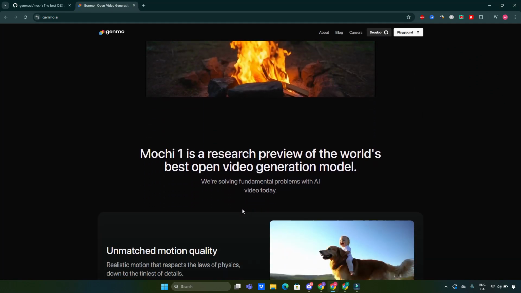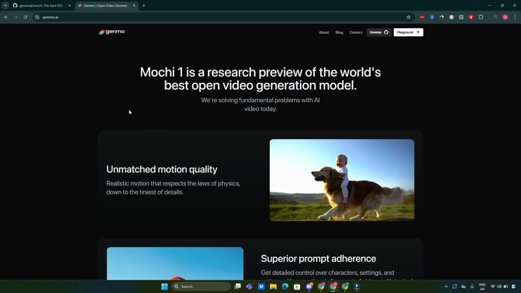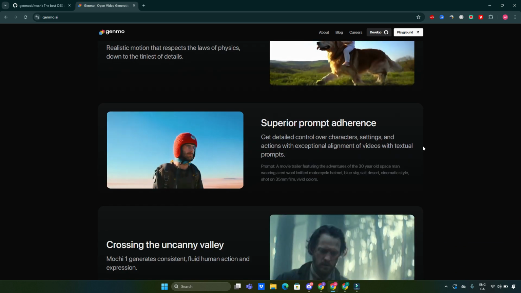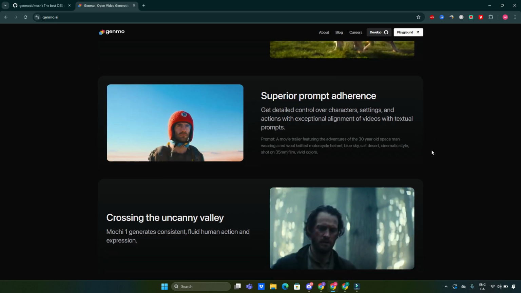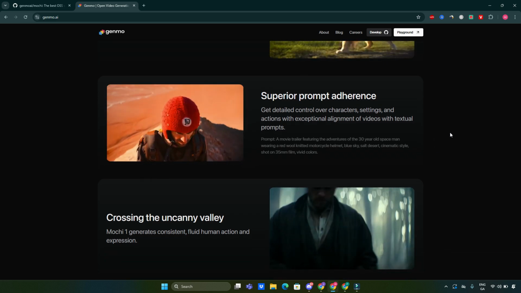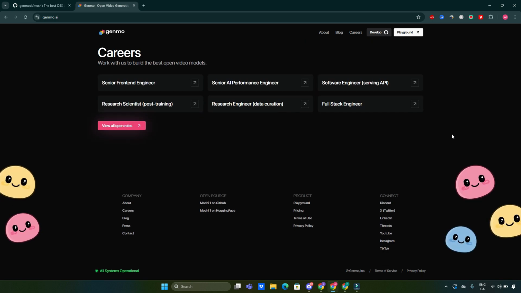Now if you know how to navigate Mochi 1 through the GitHub open source project, you can always feel free to download it onto your own machine and start working with it yourself. It's open source, you can start using it straight away. But let's say that you want to do some sort of